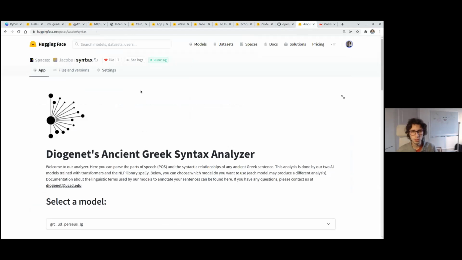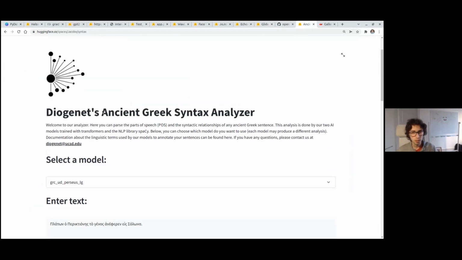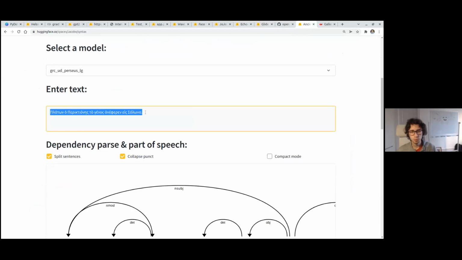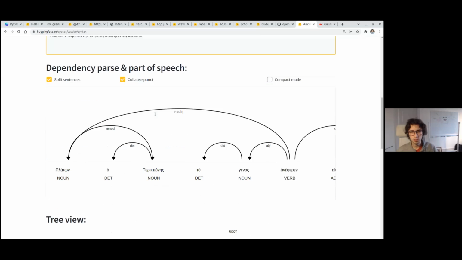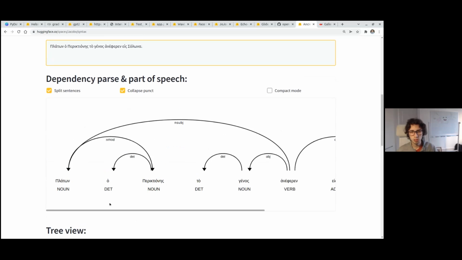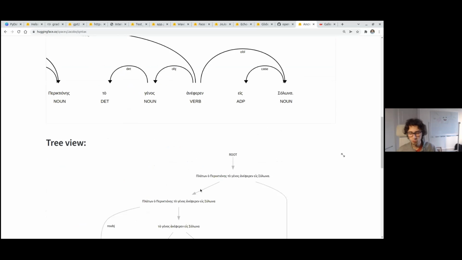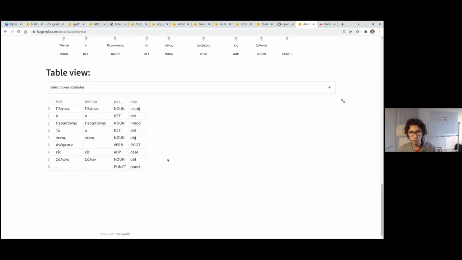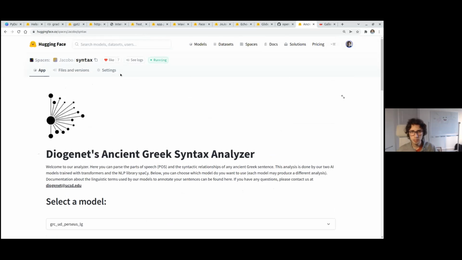And this final example is using the Spaces library, which is also an NLP library, using Streamlit for ancient Greek. So here they load this model, Perseus large. They input some Greek text, and then it does a bunch of very cool linguistic stuff. So it identifies this is a noun, this is a verb, or for example, it gives you a syntax tree that is interesting. So this is a root, this is punctuation, things like that, and you'll even get this table view.